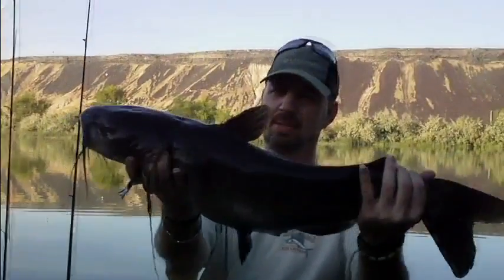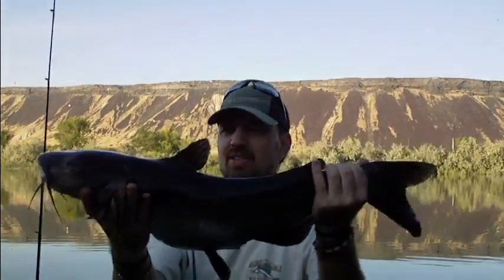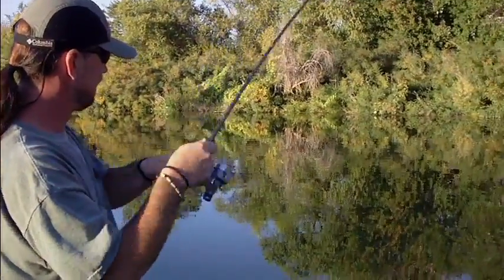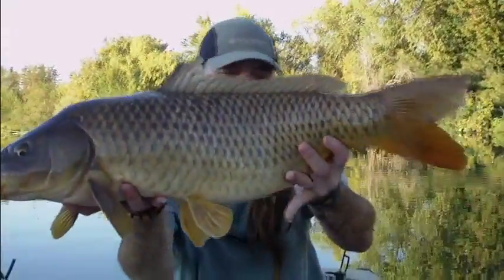This little system's pretty much seen all the action that I could throw at it this year, and the tests that I've put it through, and it's still running well, still catching fish for me. So I can't say anything bad about this. Really great setup. Now, of course, on a rod like that, you've got to pair it up with something, and